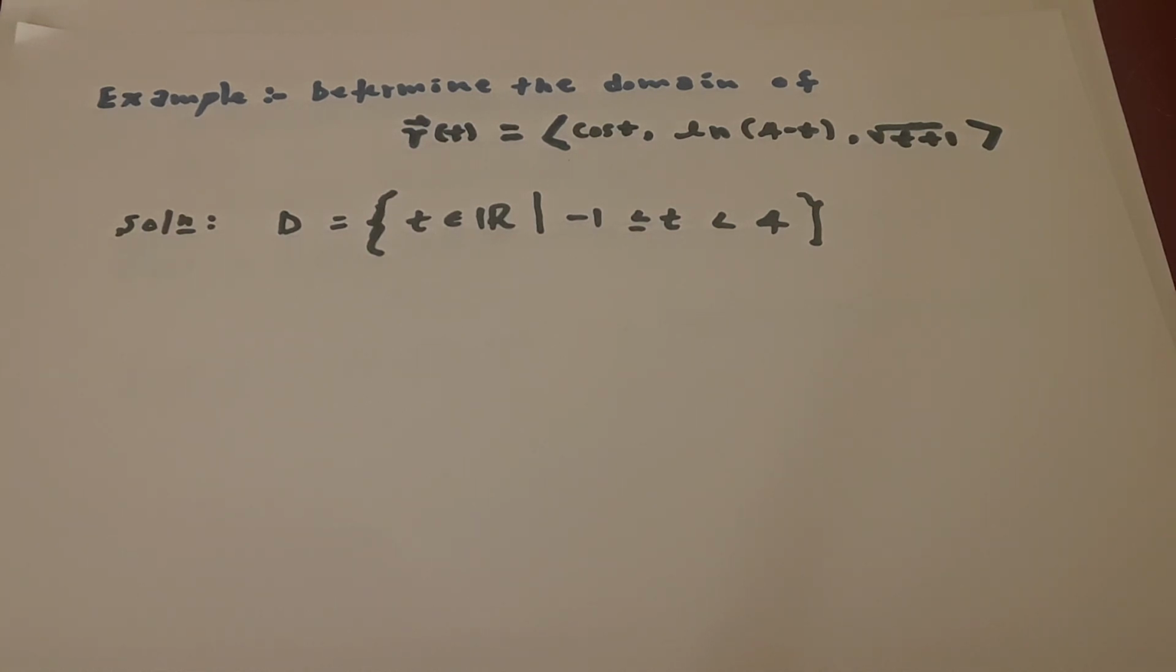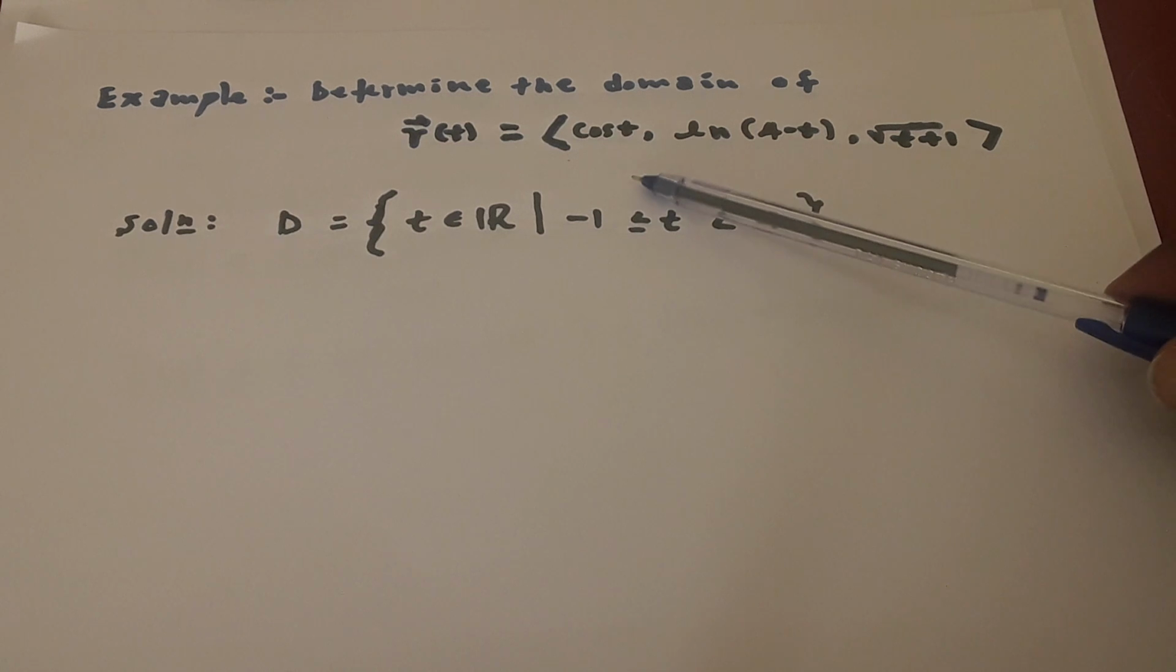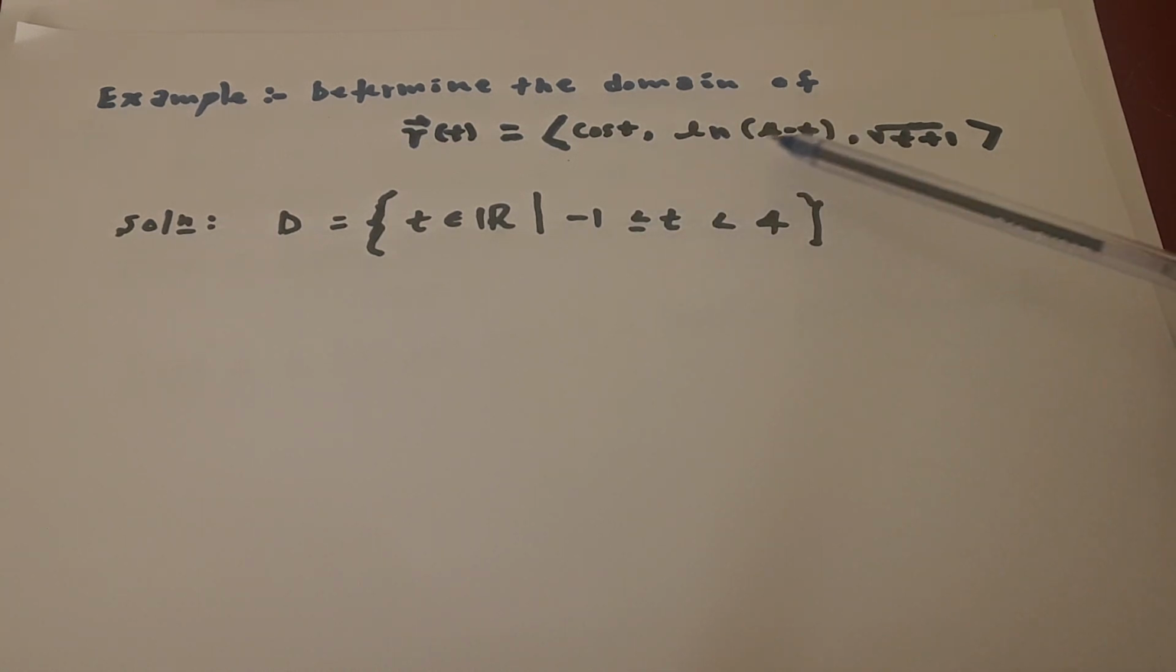To identify the domain of this function, individual components must be defined for some value of t. That's why for cos t, we have to study the behavior of individual functions here for simplicity. Just cos t: the domain of cos t is all real numbers. Then ln of 4 minus